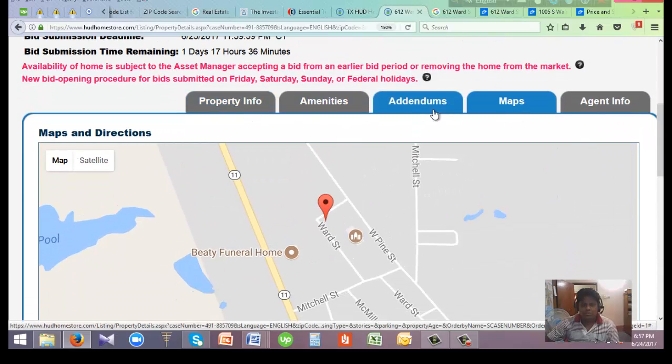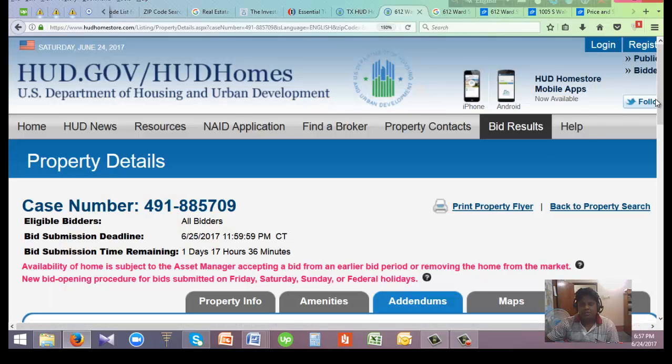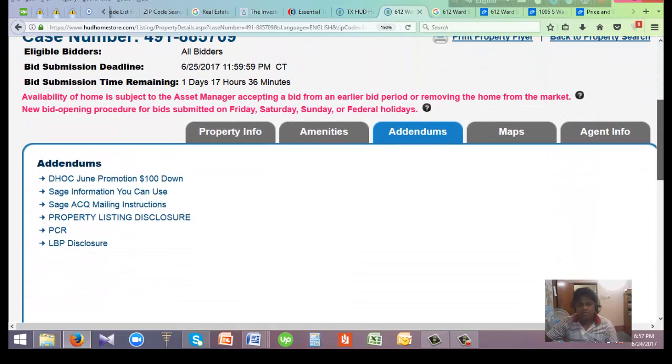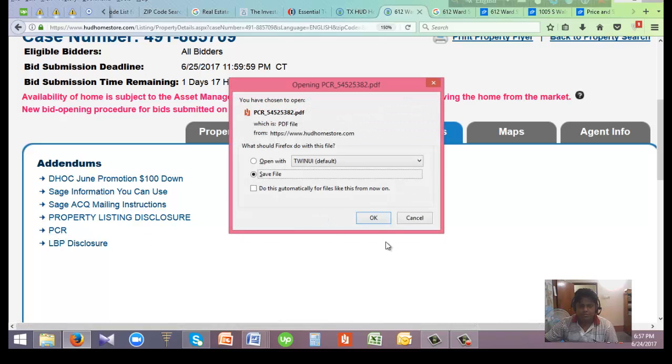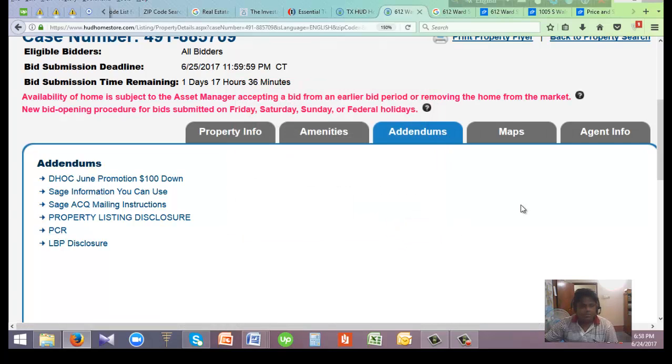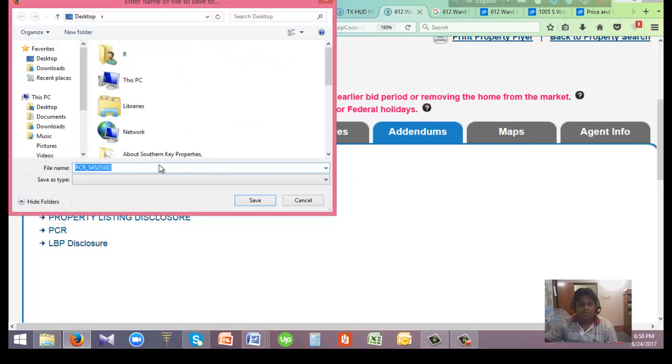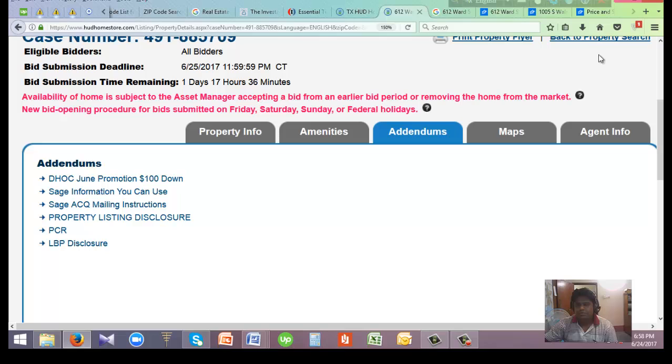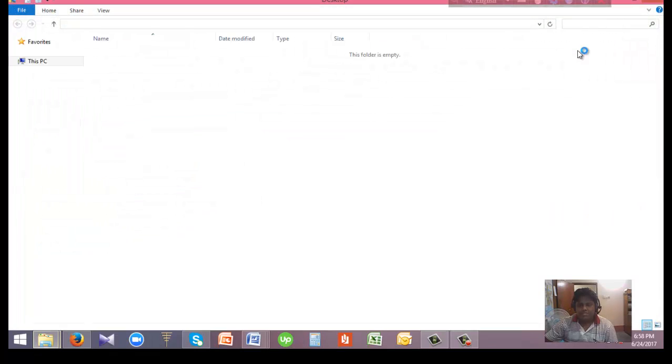After that, we can go to our add-in dumps, which is very important to get specific problems or inspection details. Then we will hit the PCR button to get some listed requirements about the subject property. We can download this information here and save it. And then we will open the page that is downloaded here, and